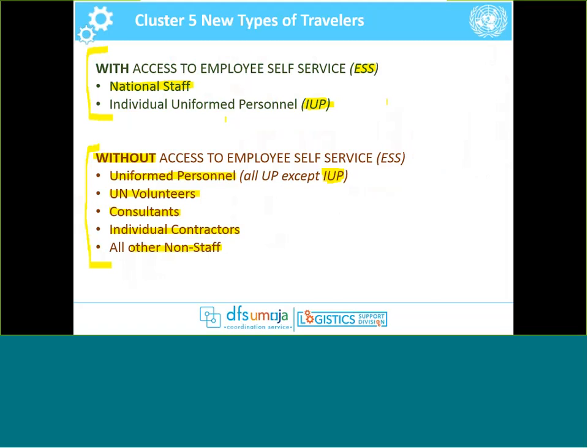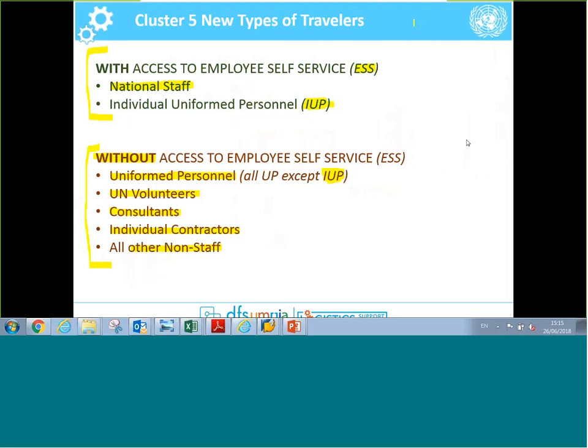Let me go back because Dominic is asking me to repeat the difference between IUPs and uniform personnel. Let me try to write something here. So basically, IUPs,